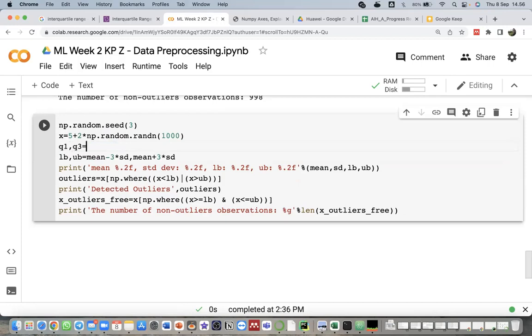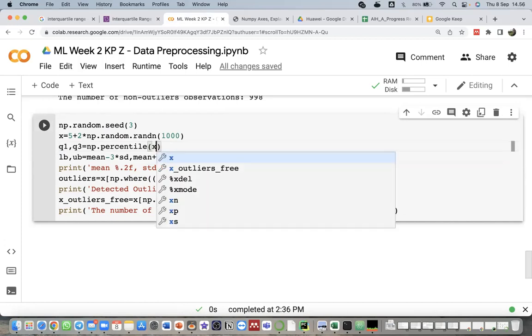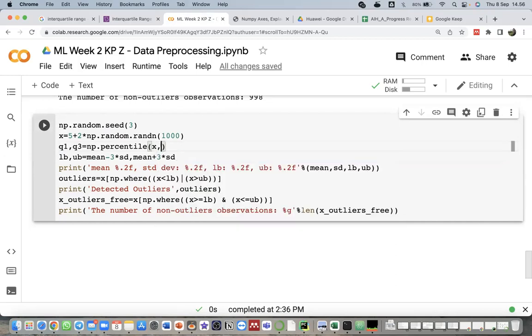Q1 and Q3 equal np.percentile. This one is for getting quartile 1 and quartile 3. We put the X argument, because we want to get the Q1 and Q3 from the X values.